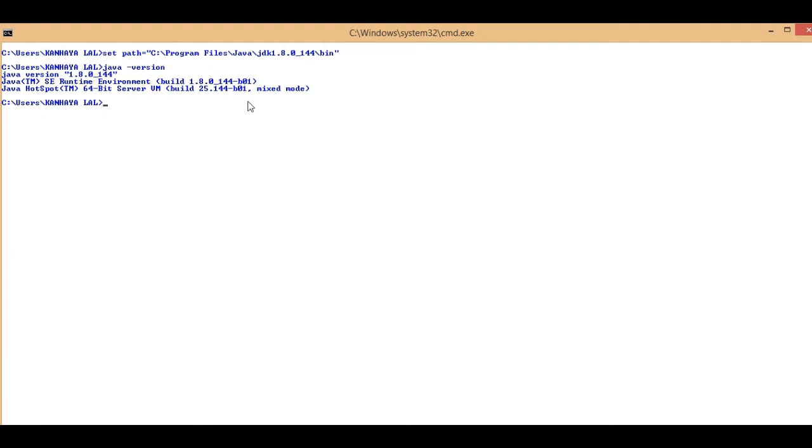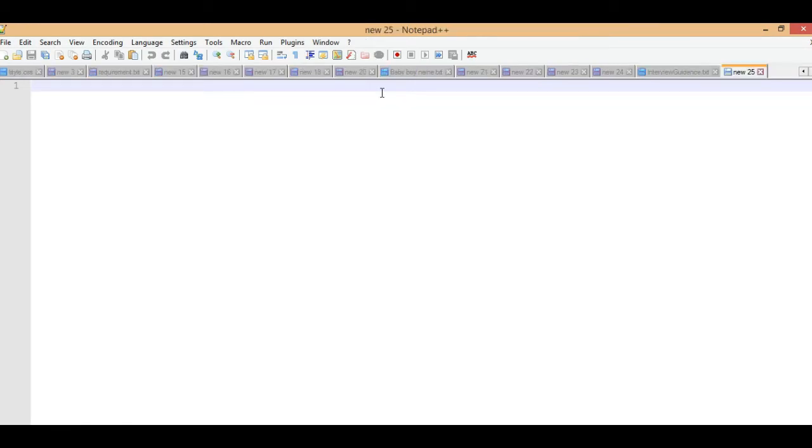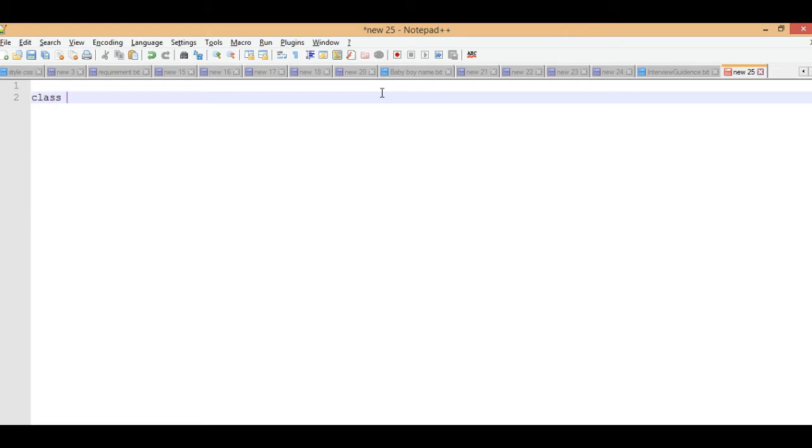Now you have to use any IDE or any notepad or anything else which is able to type simple code. To write a program, firstly we have to write this class Demo.